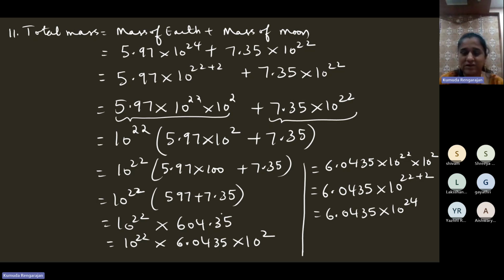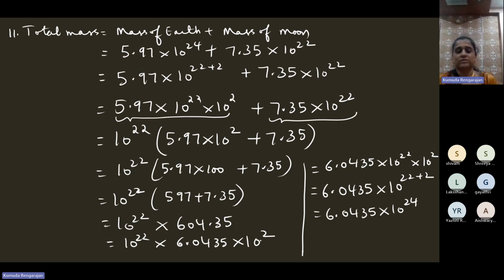Now, once you simplify the bracket to one number, you must write that number in the scientific form. I told you, I didn't do whatever my mind told me. There's a procedure. After simplifying the bracket and getting one number, you need to write that number in the standard form. So it is 604.35. Standard form will be 6.04. Why? Because 1 to 10,